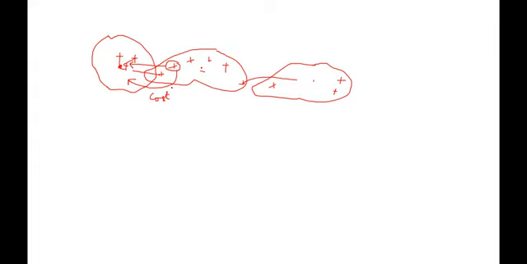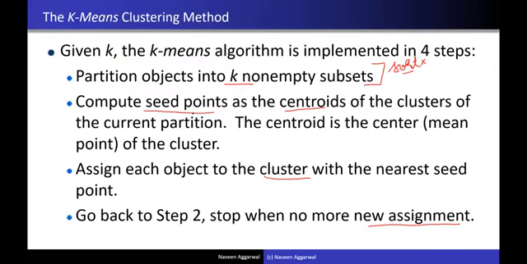And in this way, we keep on doing these iterations as long as there is movement of objects from one cluster to another cluster. Finally, you stop iterating when there is no point in a particular cluster which is nearer to the mean of another cluster. So we keep on iterating in this way. This is the basic way we do it.